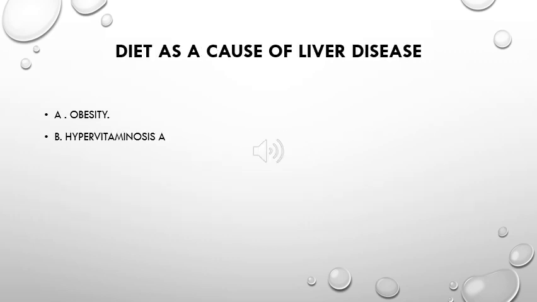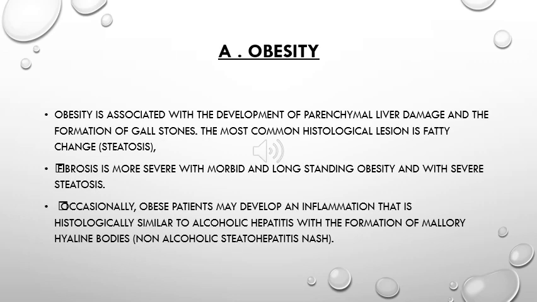Now we have diet as a cause of liver disease, and we will talk about two subjects: obesity as a cause of liver disease and hypervitaminosis A as a cause of liver disease. Obesity is associated with the development of parenchymal liver damage, that is fatty liver disease, and also the formation